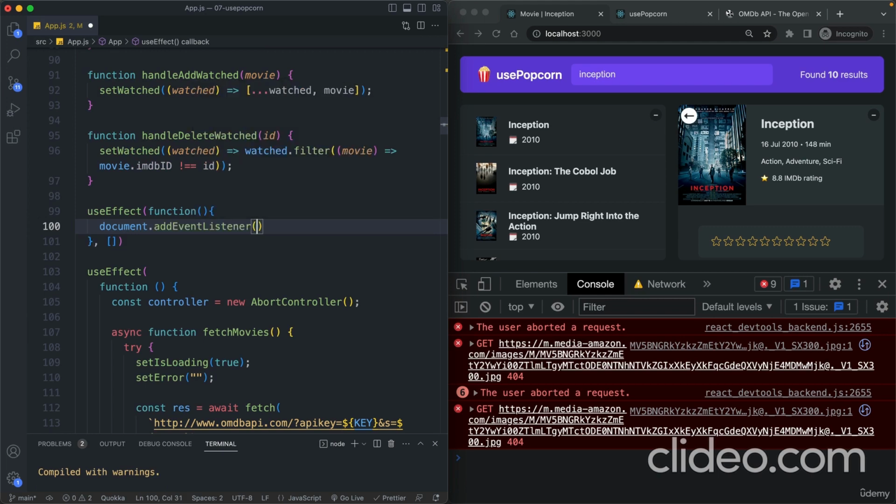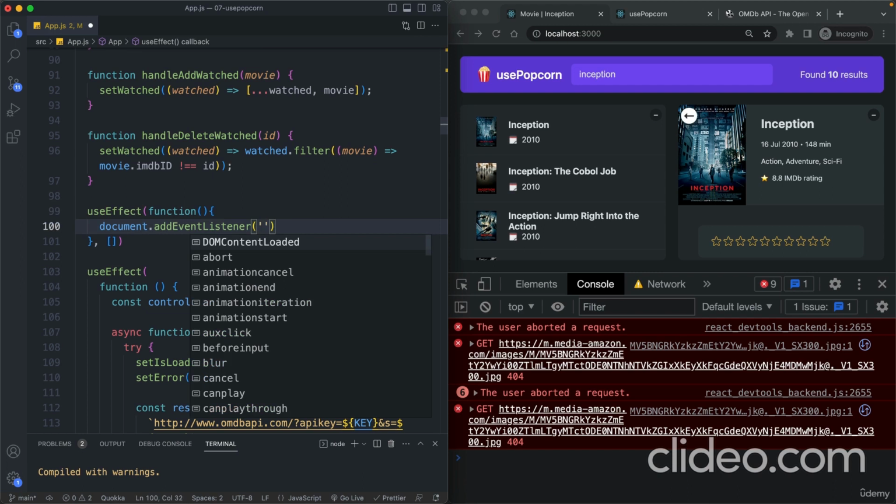So we are really doing basically now some DOM manipulation. And so we are stepping really outside of React here, which is the reason why the React team also calls the useEffect hook here an escape hatch. So basically a way of escaping having to write all the code using the React way. Okay. But anyway, here let's now listen for the keydown